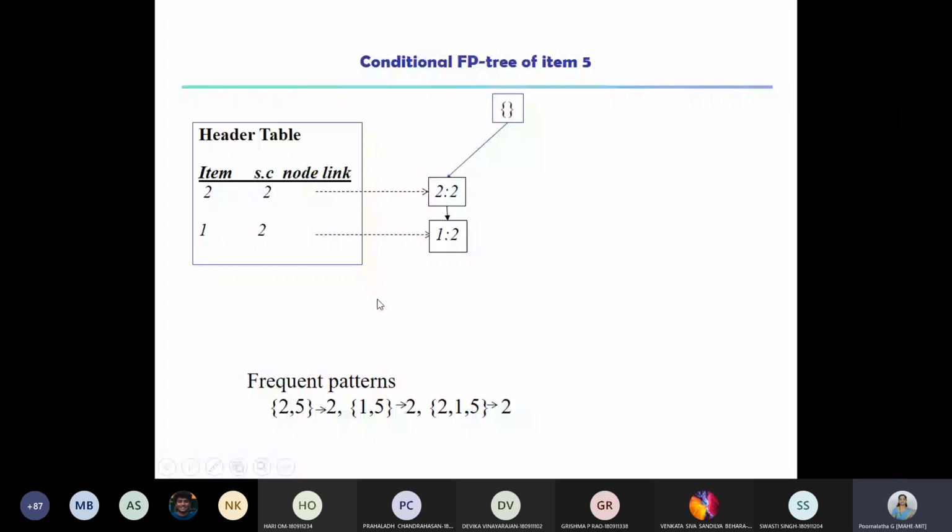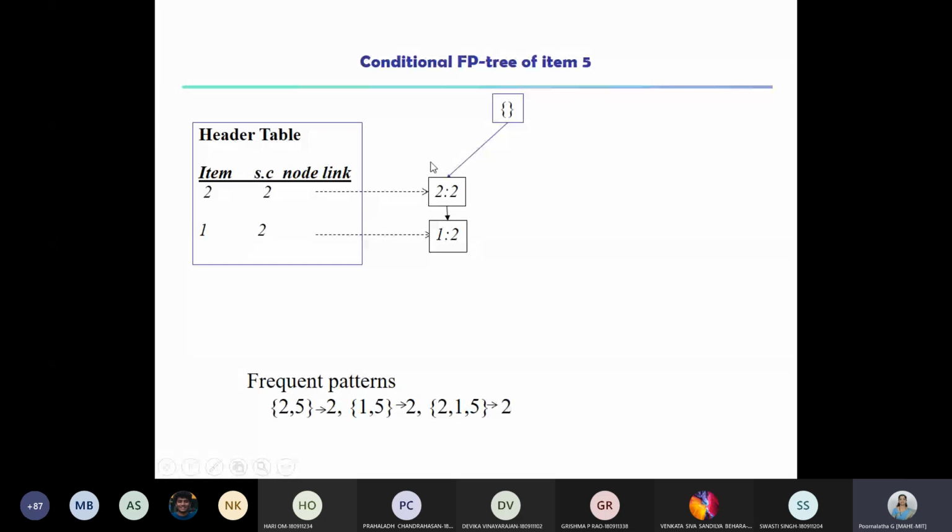Now you are trying to construct the FP tree for the conditional pattern base for a given item. Once we have the FP tree, you can form all possible combinations with the item 5. For example, here we know that these are the prefix paths of the item 5: 2, 1 and 5. So it means all possible sizes. Here we are not using the Apriori self join.